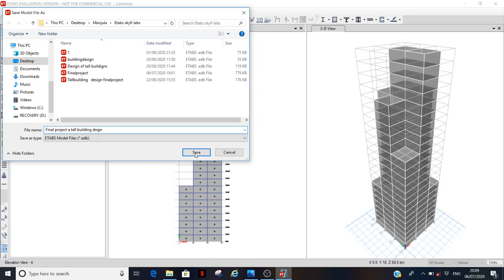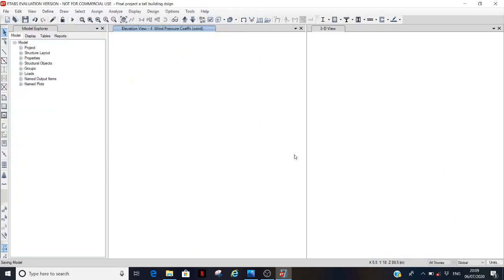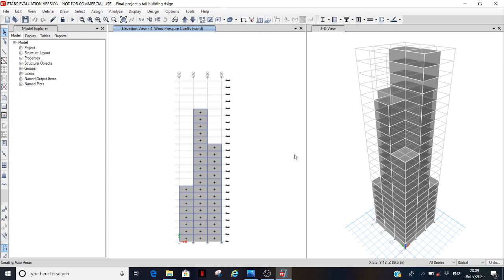Click on Save. The analysis is taking place. You can also view the progress of the analysis at the bottom left corner here. Let's wait for the file.